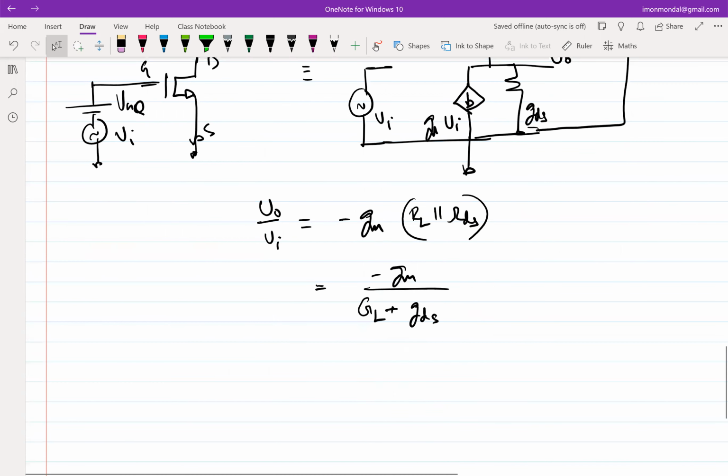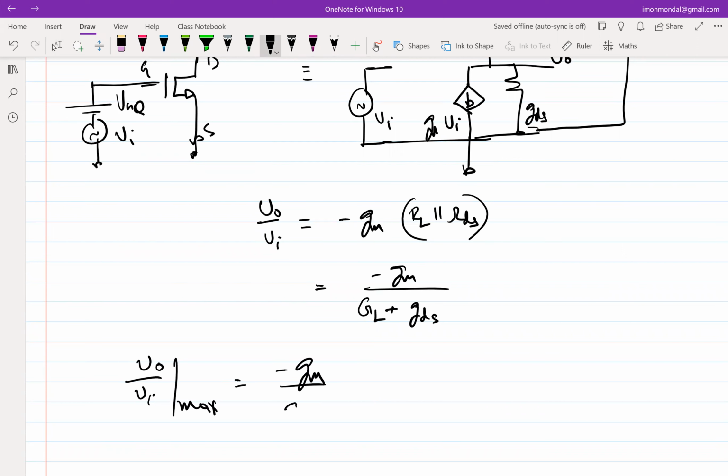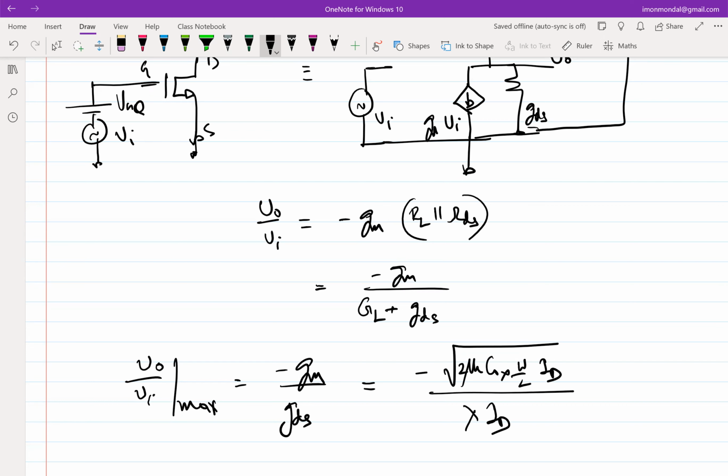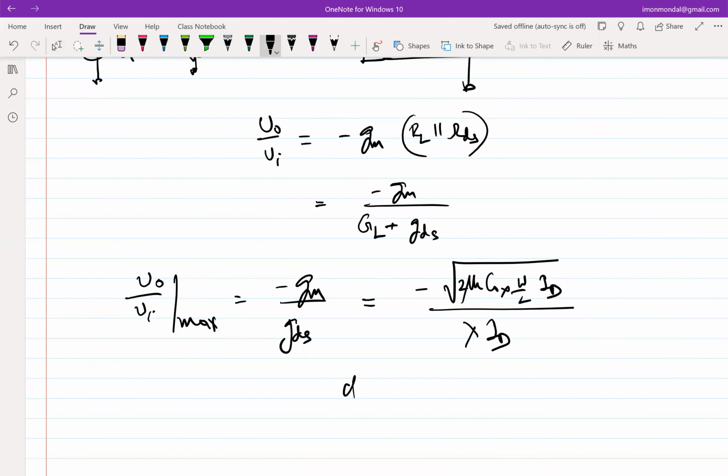Minus GM RDS, right? So my V0 over Vi max is minus GM by GDS. And the key thing about this is if I replace this GM and GDS with respect to the quiescent parameters, then GM is, and GDS is lambda ID, right? So this is proportional to 1 by